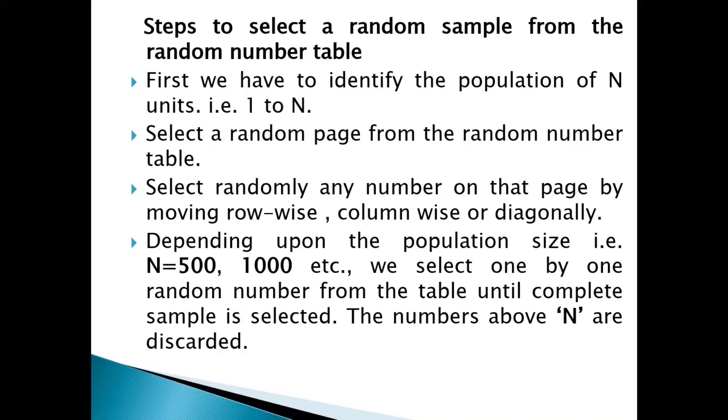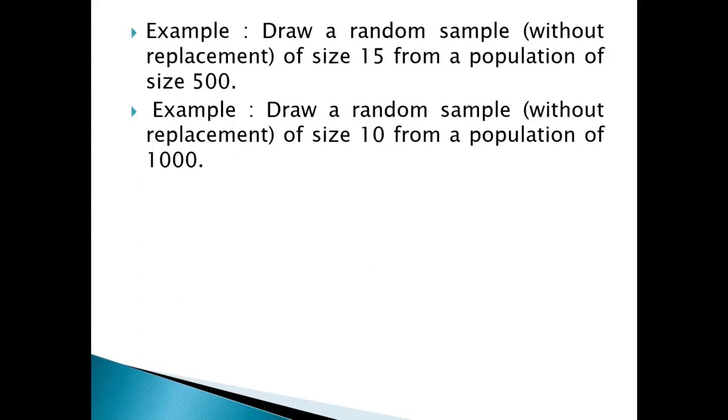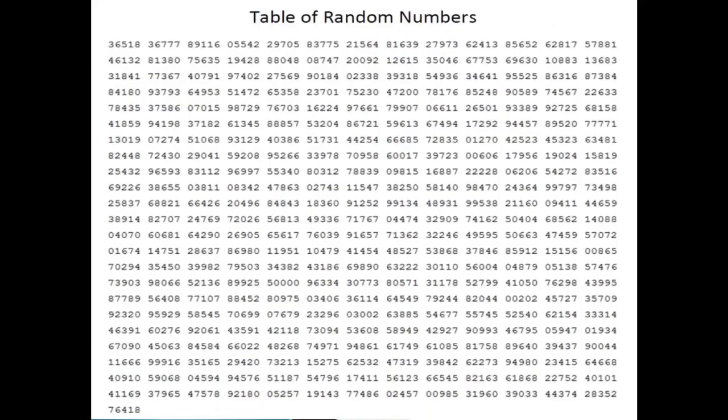Then our second point says to select a random page from the random number table. There are numerous pages of the random number table, and we can select a random page. We have to select it randomly. Then the third point says to select randomly any number on that page by moving row wise, column wise, or diagonally. Okay. From this random number table, first we have to select a random page. Then we have to select a row wise, column wise, or diagonal wise column from that particular